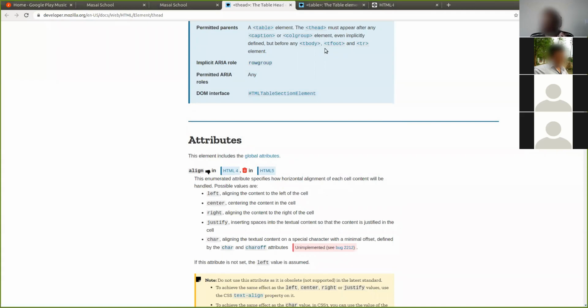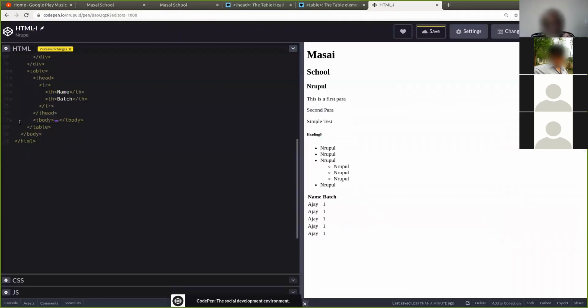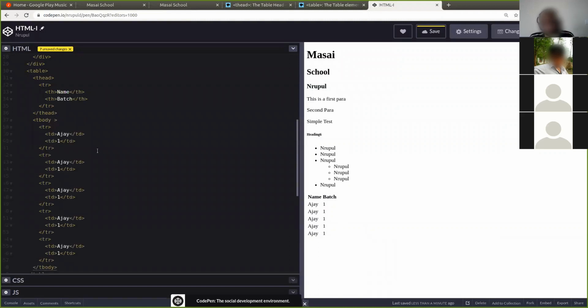If you want to add more properties to it, and if you want to have different values or add extra information for it, this is where you use attributes. They have a very specific syntax in which you have to write them. These attributes are again decided by the people who develop the language. So this is how you write an attribute.